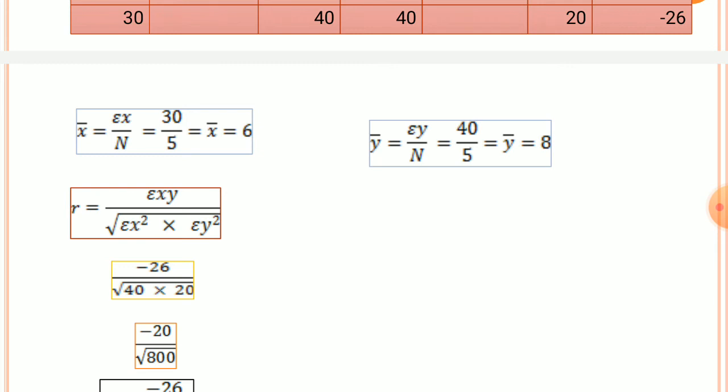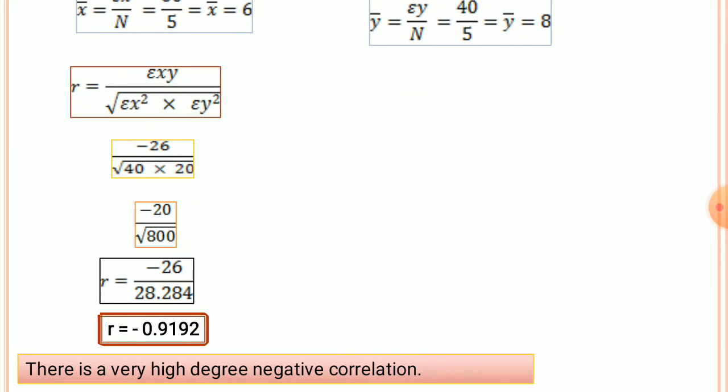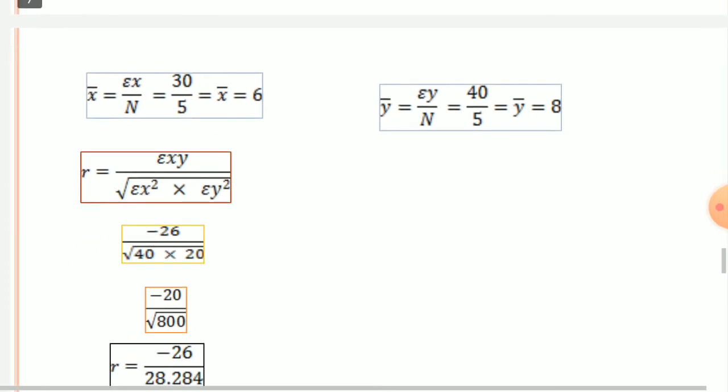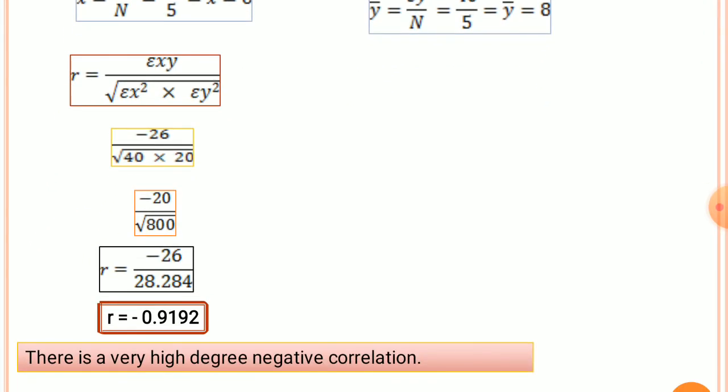Sigma xy minus 26 divided by root of sigma x square 40 into sigma y square 20. Now 40 into 20 is 800, so minus 26 divided by root of 800,